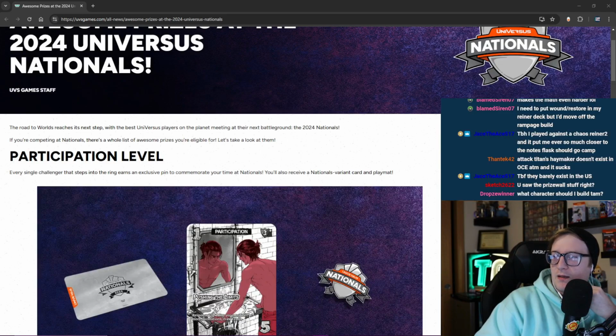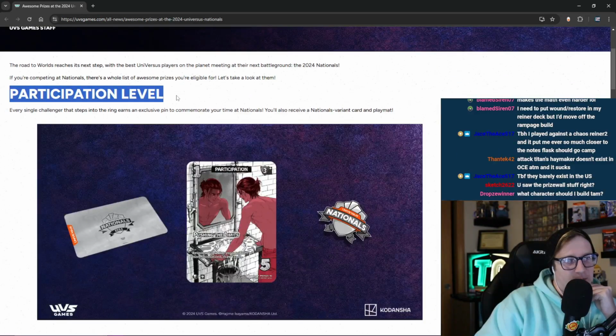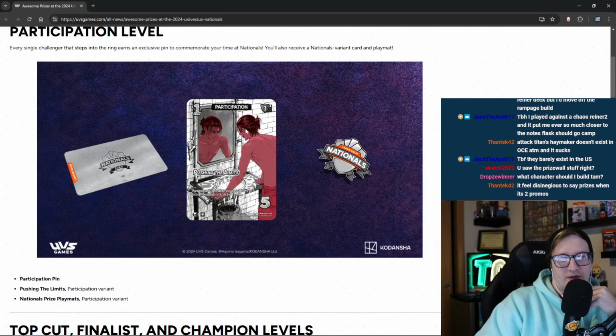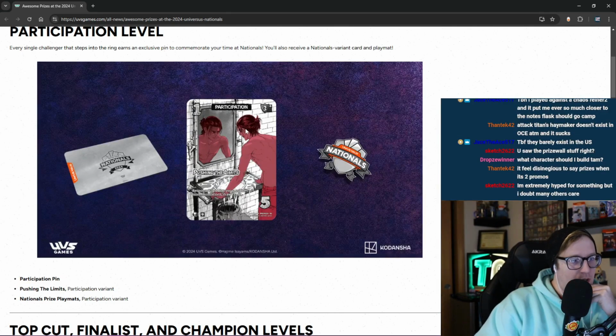We finally have access to the prizing. So our participation prizing is everybody's going to get a mat who goes, as well as a pin, as well as a singular copy of the Pushing the Limits participation card. Which,